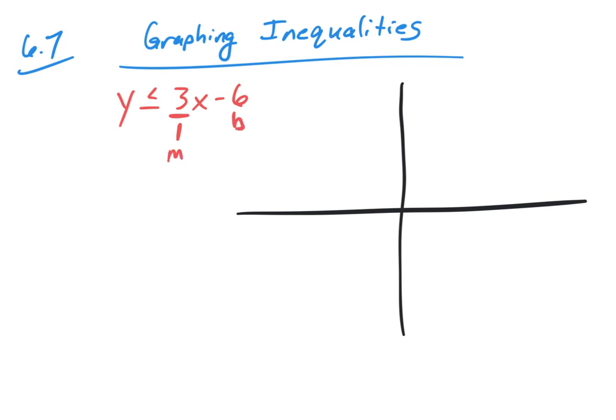Our y-intercept is -6. And then we're going to graph this one, okay? And we're going to graph it just like we've been graphing lines all throughout the semester whenever we have a linear inequality. We're going to start by going down 6. And then my slope is 3 over 1. So we're going to go up 3, right 1. Up 3, right 1. And I can do that as many times as I feel like I need to,